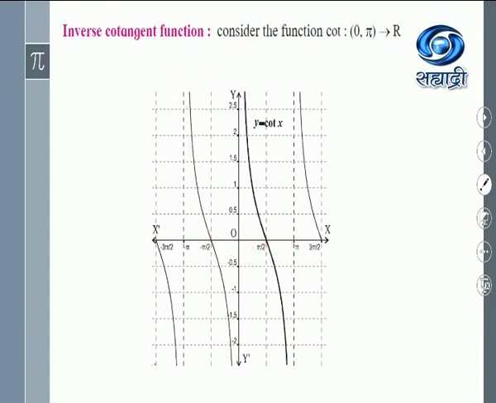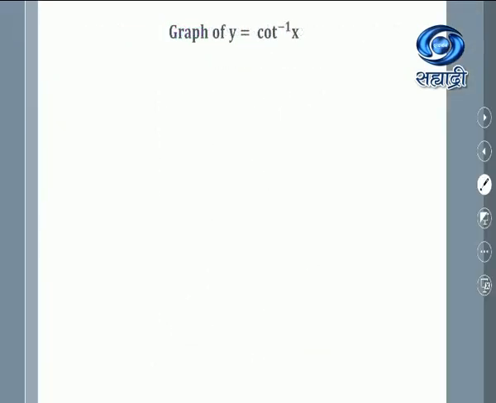Similarly, for this also it is possible to define the inverse function. So, we consider cot inverse, and you will have to interchange the domain and the range. Their positions will have to interchange. So, this range becomes the domain and the domain becomes the range. Thus, we define cot inverse as the function from the set of reals to the open interval 0 comma pi. Are you getting it? See, with the graph it is very, very easy.